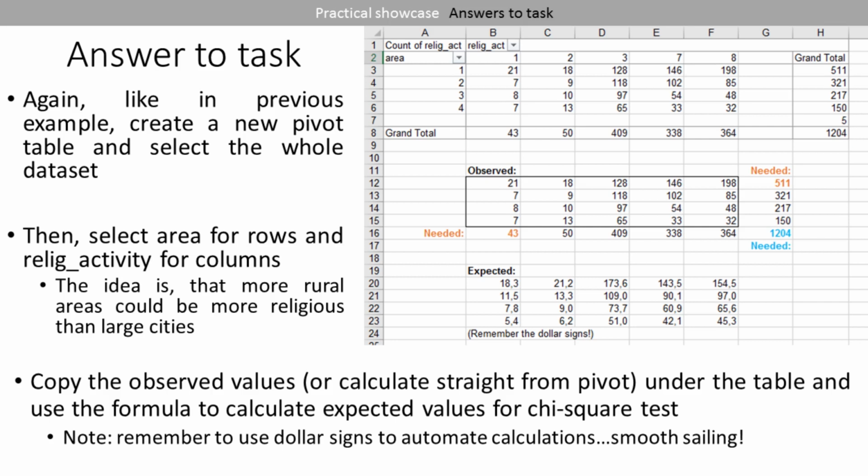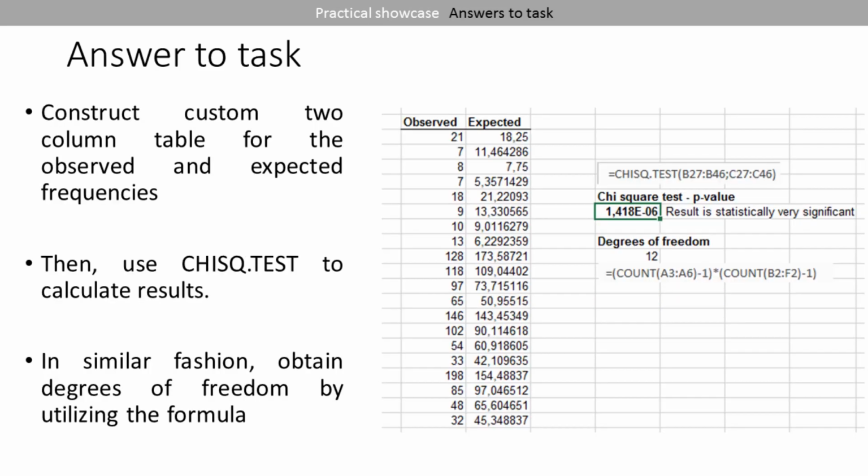So this is pretty straightforward. You have to just replicate what I had done, and that's that. And remember to use the dollar signs to automate calculation, and everything is smooth sailing. There is no problem in anything, and you don't have to do any extra work. And always remember, laziness is the best thing for a professional to have. That's the road to be an efficient researcher.